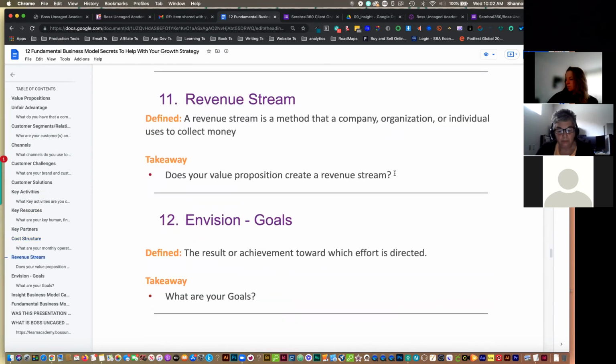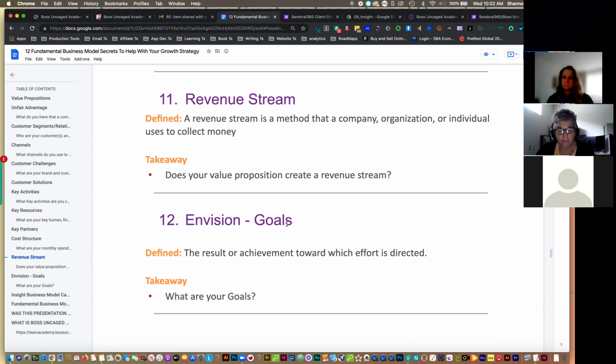12 is the overall vision, right? The overall goal is a combination of your vision and your goal. So taking these two different elements and figuring out that, okay, I have clients, I want to deliver value, I have a service, I want to charge price for it, I want to make monetary gains. Well, that's part of your vision, but your goal is I want to make $1 million.